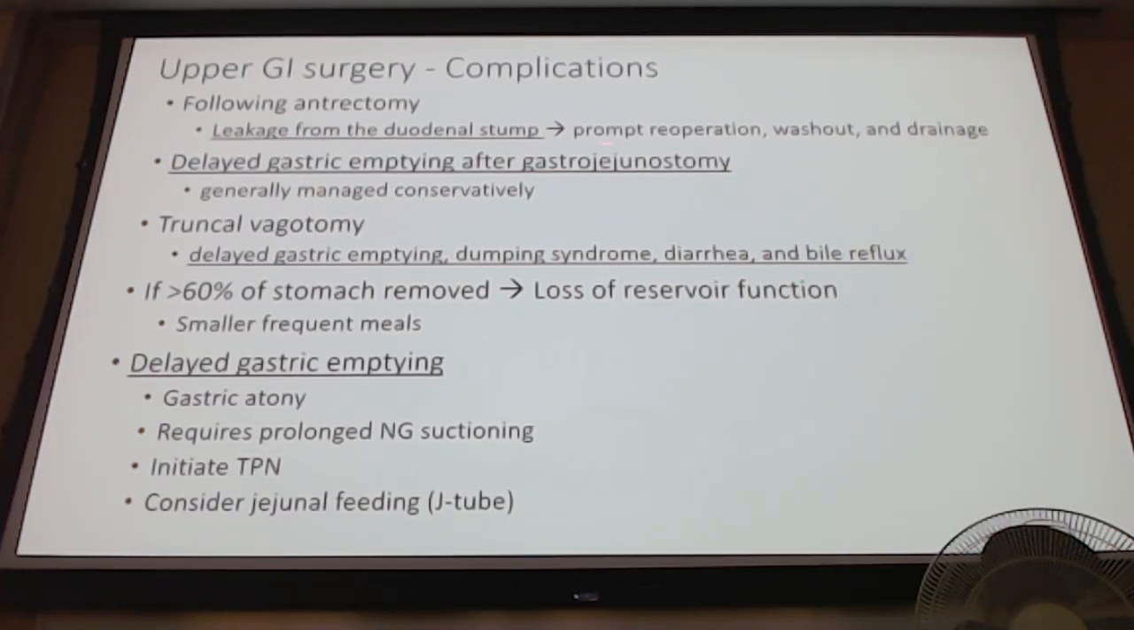If we do an aneurysectomy, we do have a little bit of a duodenal stump, so we can have leakage from that. We leave drains, but most of the time we do prompt reoperations. So they go back to the OR, we wash out, and then leave drains. If they have delayed gastric emptying, after the gastrojejunostomy,